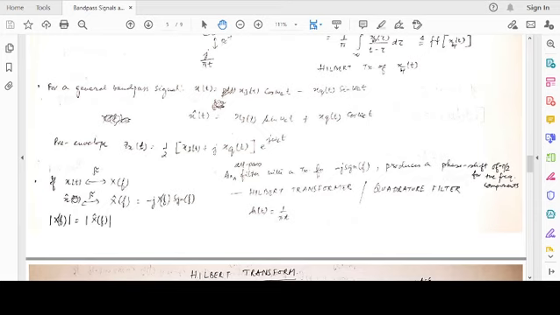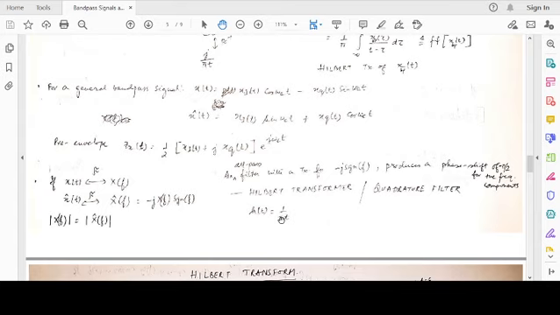So in order to generate x cap(t) from x(t), it's basically an all pass filter. The transfer function is minus j signum f, which produces a phase shift of minus pi by 2 for positive frequency components, and plus pi by 2 for negative frequency components. This all pass filter is known as a quadrature filter or Hilbert transformer. The impulse response of that is 1 by pi t.